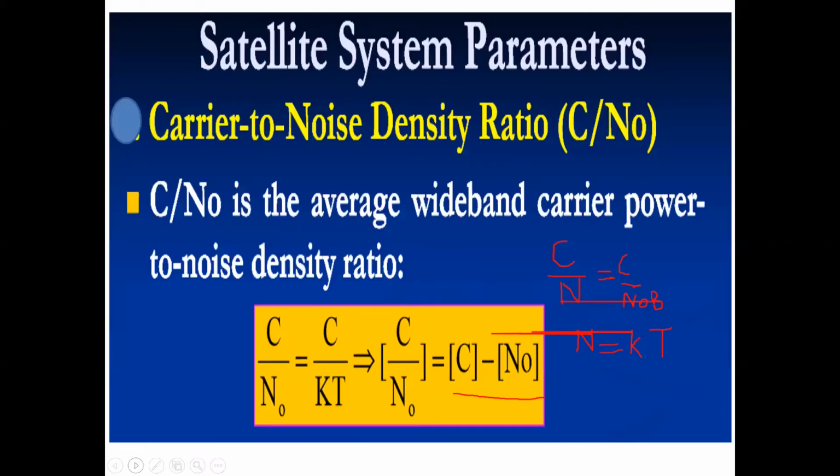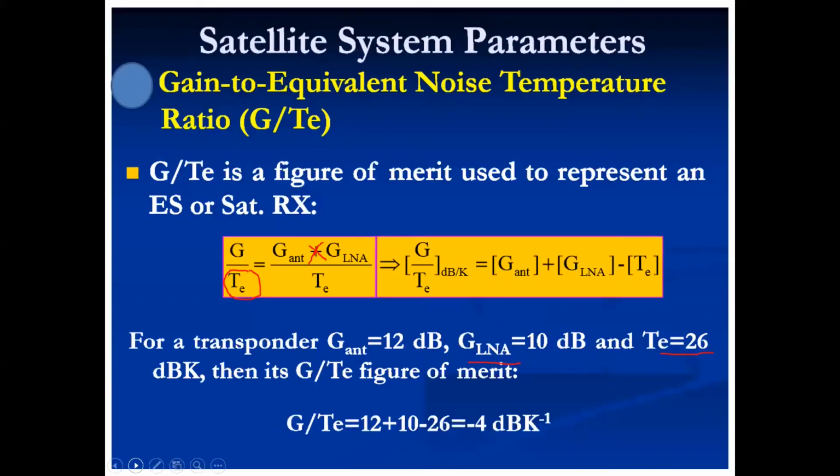Then we also talked about the signal to noise ratio. This noise is the thermal noise, which is KTB, where B is the bandwidth, T is the equivalent noise temperature, and K is the Boltzmann constant. Normally, instead of using KTB, we use the term noise density, which is KT. So sometimes you may be asked for signal to noise ratio or signal to noise density ratio. Sometimes in the question itself, you may be given these different parameters.